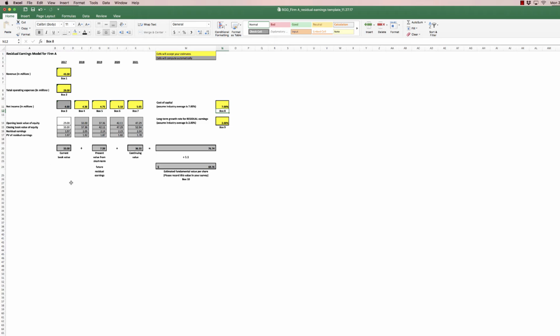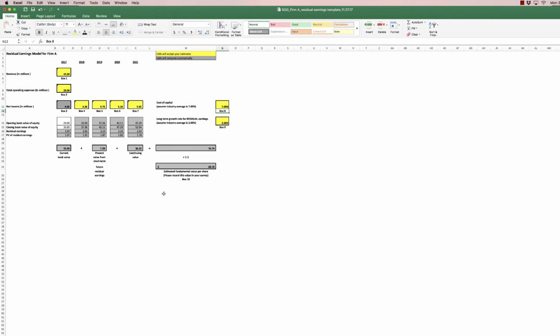Cell G20 contains the present value from the short-term residual earnings, and cell K20 contains continuing value. The 3 cells are summed in cell M20 and divided by the number of shares outstanding in cell M22 to give you estimated fundamental value per share in cell M24. Firm A's fundamental value per share is